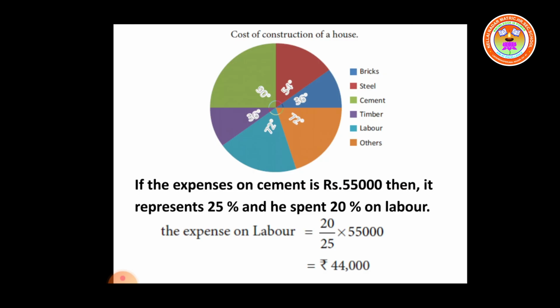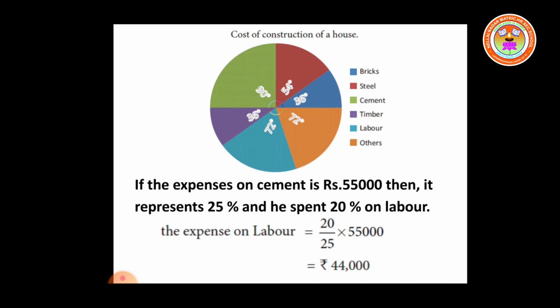Next we will construct the pie chart. First you have to draw a circle, make a horizontal radius. Using protractor at the center, make an angle 36 degree first. Then using that radius you make another angle 54 degree. Then using that radius you can make another angle 90 degree. And using that radius you can make 36 degree. Then using that radius you can take 72 degree, and the remaining will be the balance 72 degree. And you can use different colors for different fields. And then write like this, each color represents which field.